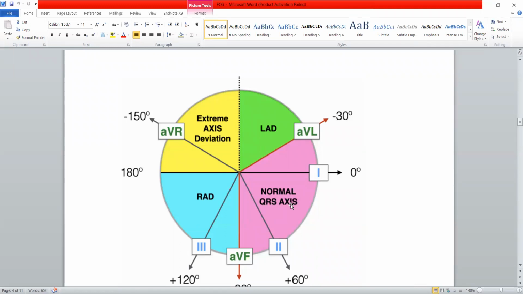Normally the cardiac axis is directed downward and towards the left. This half represents the left half and this one is the right half. So normally the cardiac axis is directed downward and